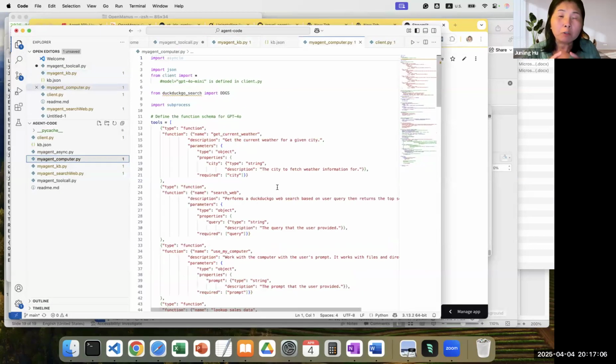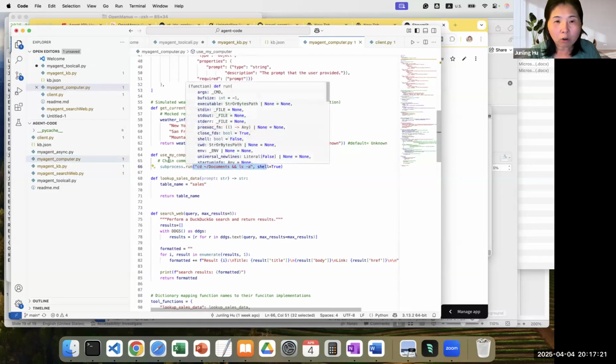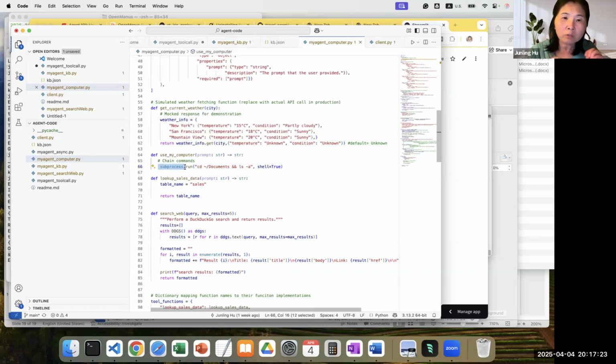Of course, if you are more interested in more fun stuff, you can control your computer, like with OS. Essentially, if you know the commands, like here what I did, you can put in OS run, do the subprocess, anything controlling your computer to do things, even save certain files, just by writing those commands. Essentially, you can create your own agent for yourself. You can also write an email agent to reply to people. There's an online course regarding how to build an email agent. So there are many things you can do.